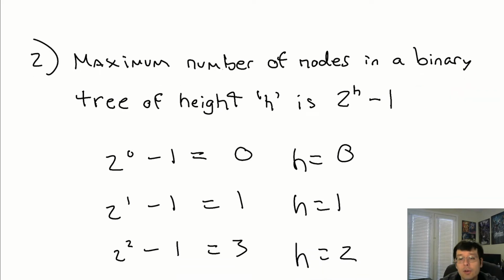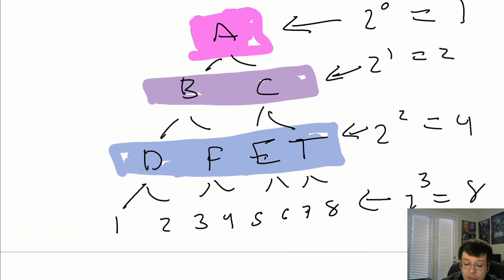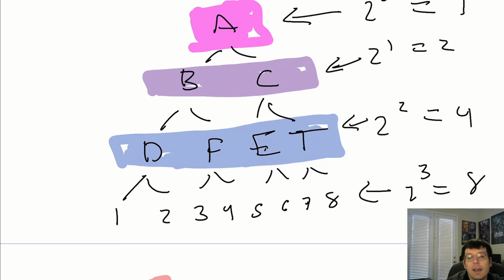Well, level is strictly talking about what level you're looking at. You don't really say, what's the level of a tree? That's not really a thing you ask. You ask what the height of a tree is. And then if you want to go to a specific spot in the tree, you say go to this level. So level is like locating a specific spot in the tree. Height is just talking about how big the tree is.